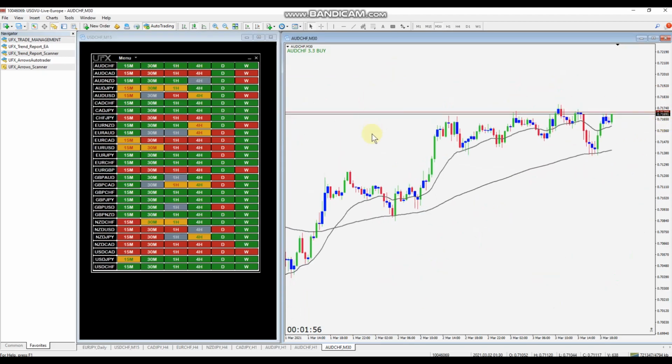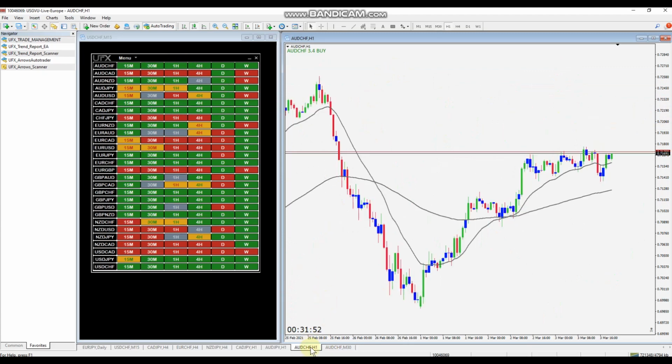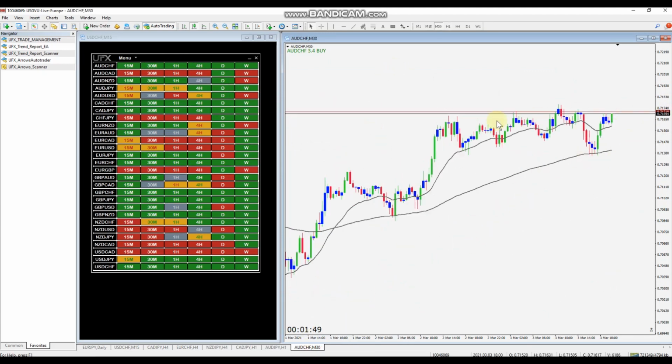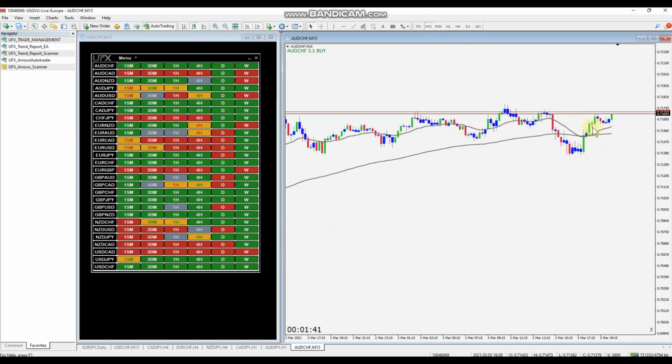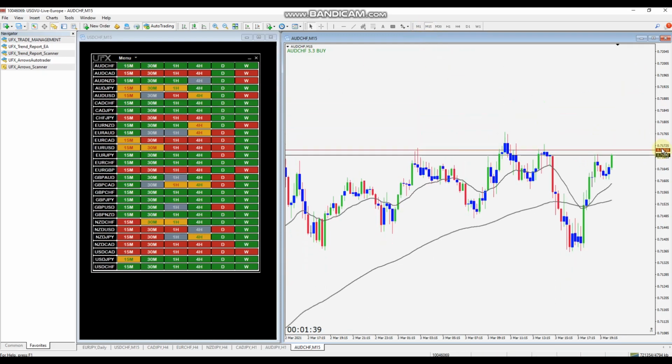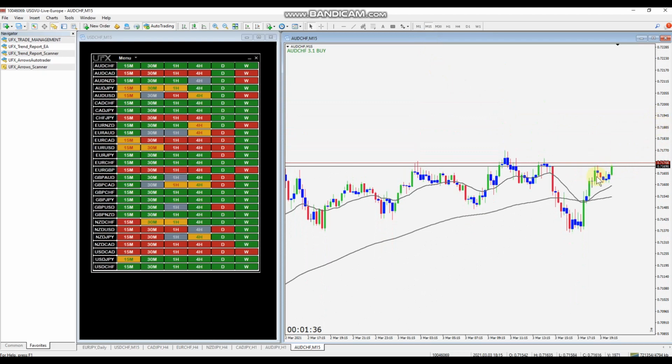Same with the 30 minute. Yeah, we'll just close this one. Same with the 30 minute here. We're determining a move to the higher. Okay, and then same with the 15 minute. Now, we're not going to enter on these. We do want to enter on a pullback, which I'll get into, and that's what the color coding down here